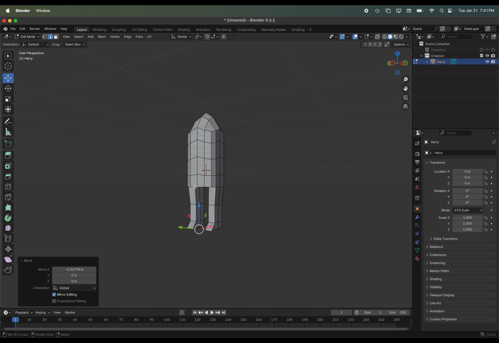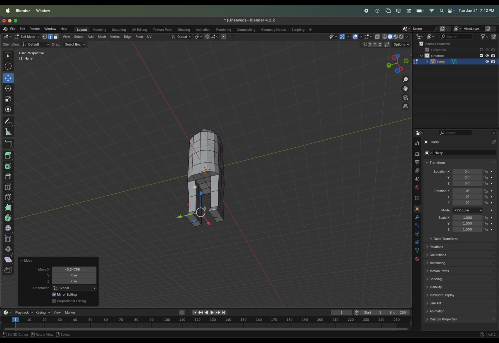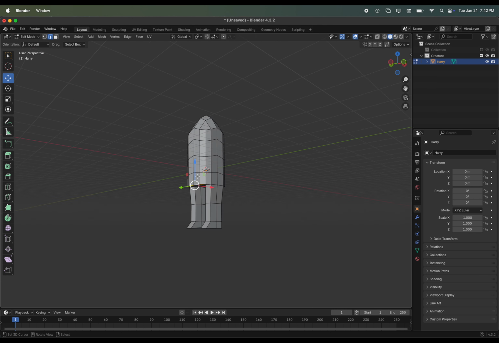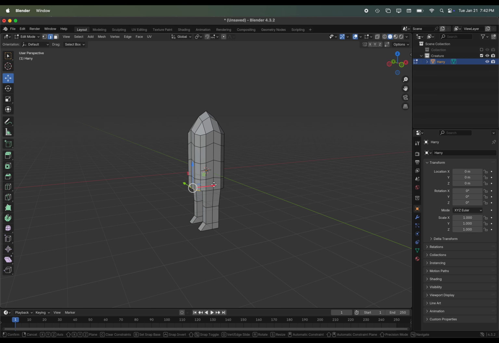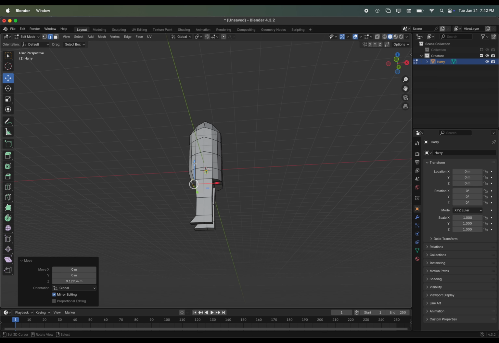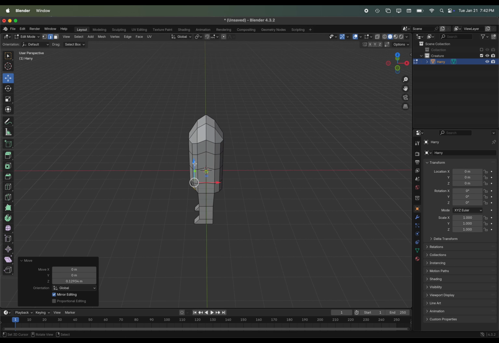And I'm also going to adjust the silhouette of the belly, have it a little less boxy. So option right click to select that whole edge. I might pull it a little bit inward. It might go a little bit up. Can sort of experiment with what I like the look of, perhaps something like this.